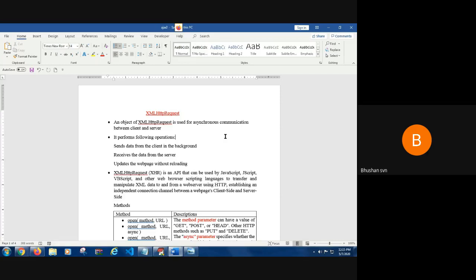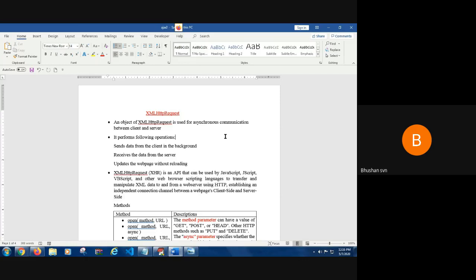Now, why do we use this? It provides asynchronous communication between the client and the server. What is asynchronous? I told you in the previous class that it is possible to send and receive multiple requests between the client and server without making any changes in the contents.